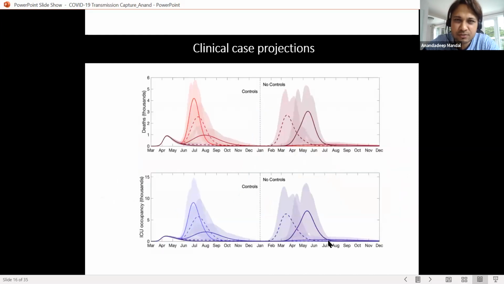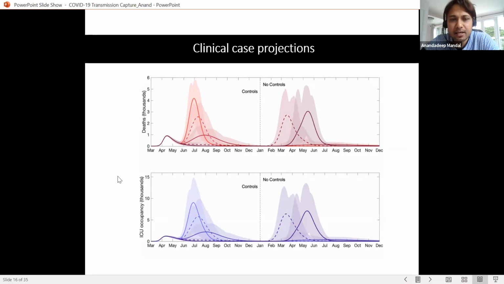I'll show you some other results, which will be a bit more interesting. See, clinical case projections. This is cool. So deaths in thousands, you see, it started in March. Controls, no control. These are our model predictions. If you do control, you control it. If you are not doing any control, you can see the waves coming and going, and a huge bump here. If you do control, then it is very easy to keep it down. Similarly, ICU